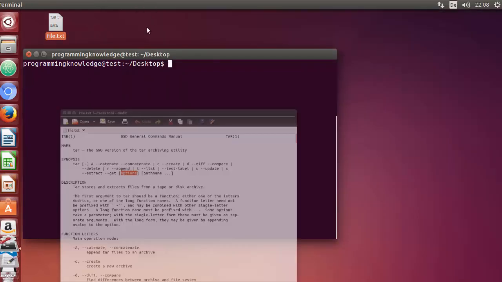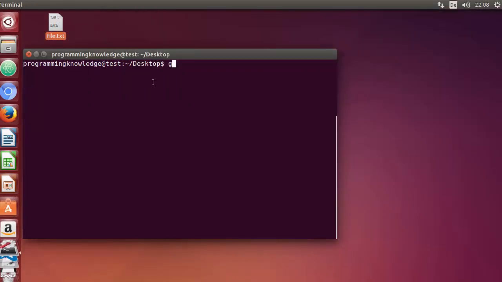So I can use this command grep and then the pattern which I want to search for. For example, I want to search for options, right? So I will just write options here and then the name of the file in which I want to search my pattern in. Okay, so grep and then the word I want to search and then the file name,